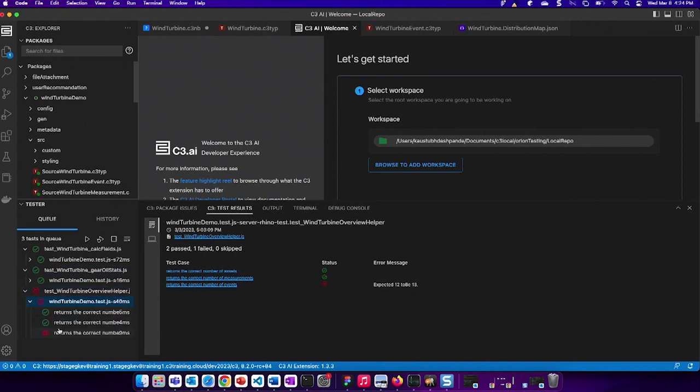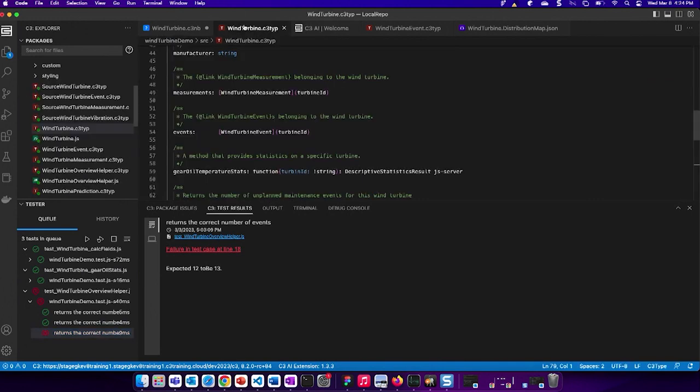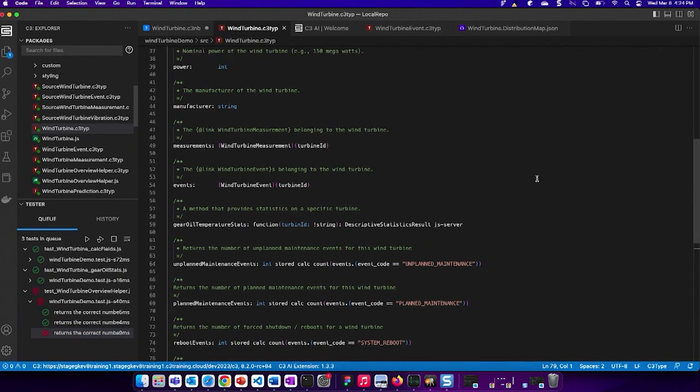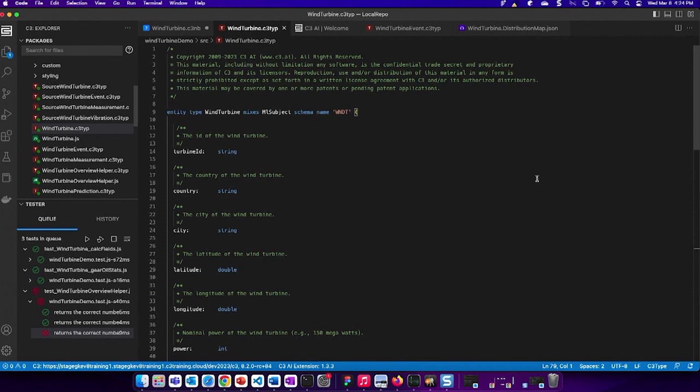This last one failed specifically on this last test. It says, expected 12 to be 13. The test file's over here. The failure is on a certain line. Now we're going to go back to the wind turbine type, and we're going to add a field. Before we do that, let me just quickly summarize the other quick functionalities and developer utilities that you have within